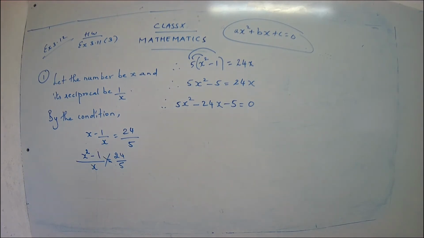Now we have seen different ways of solving the quadratic equation. Yes children, what we have done, we have used completing the square method. Then we have used a formula method. Then what else we have done, we have used a factorization method. So these are the three different methods which were used for finding the value of x. So it's up to you. You can use the factorization method or you can use completing the square method or you can use quadratic formula method.